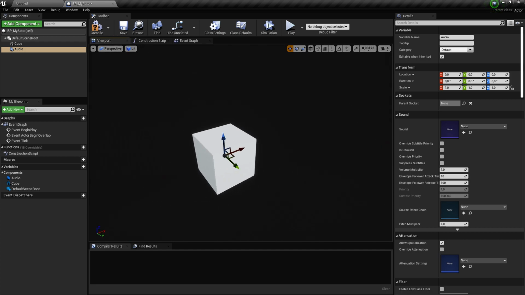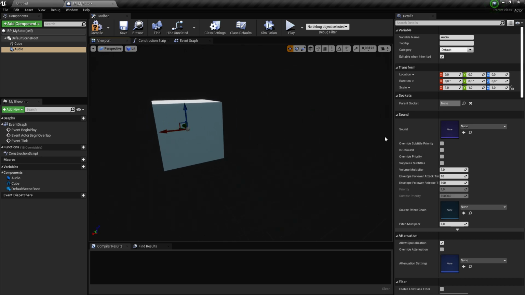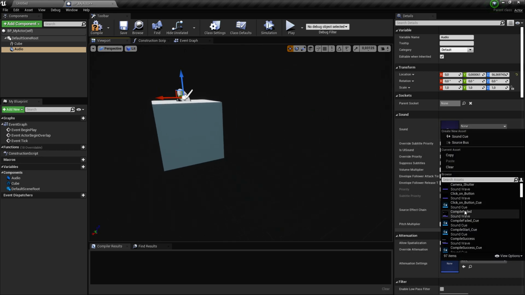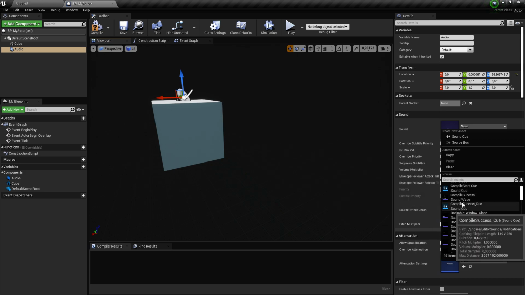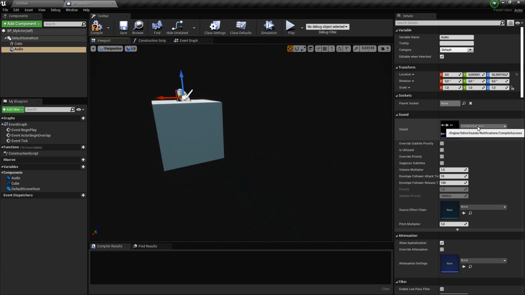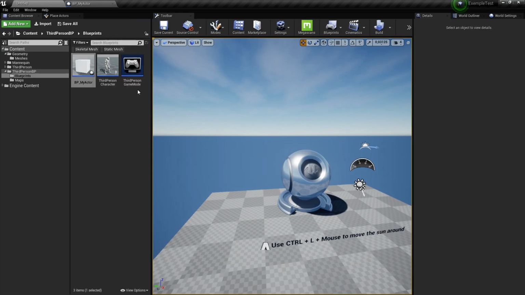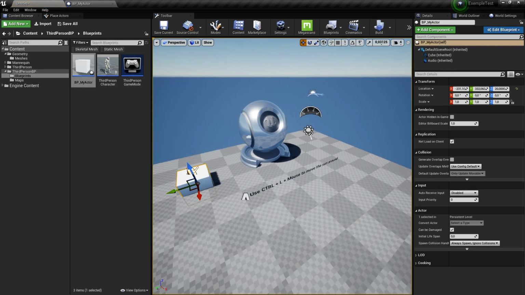For example, if this were a music box, I just put my sound in here and select a song. I have a compile success sound I can show you. Compile, save, and drag and drop it on the level.